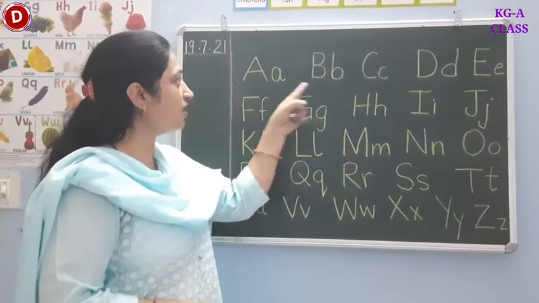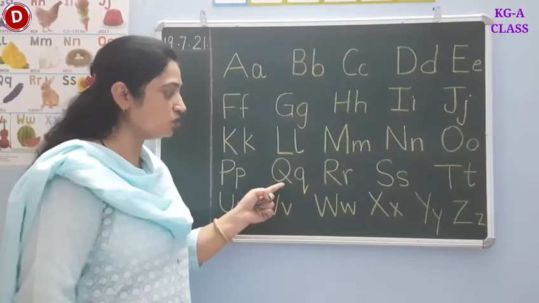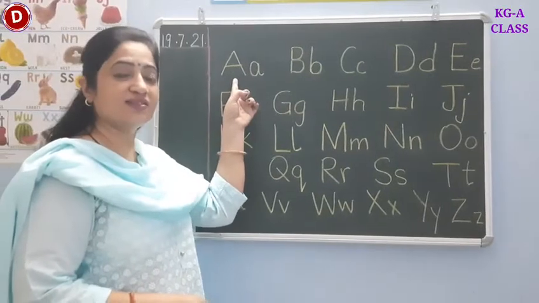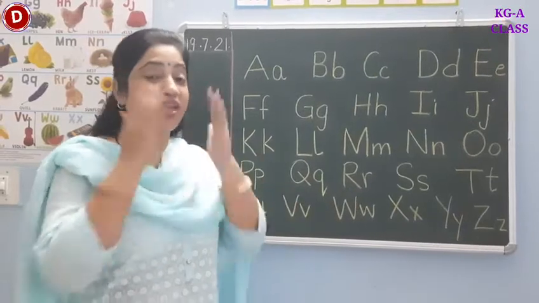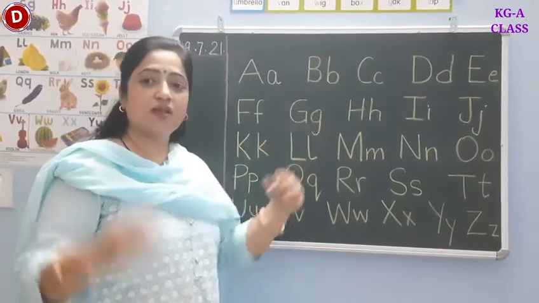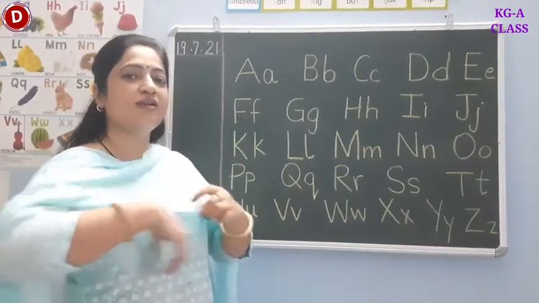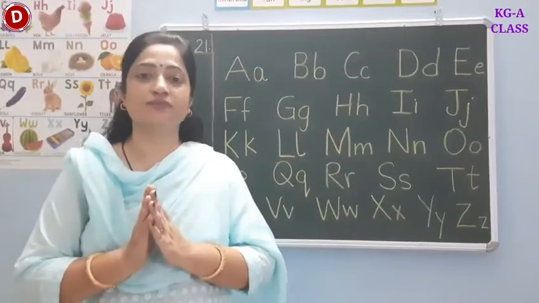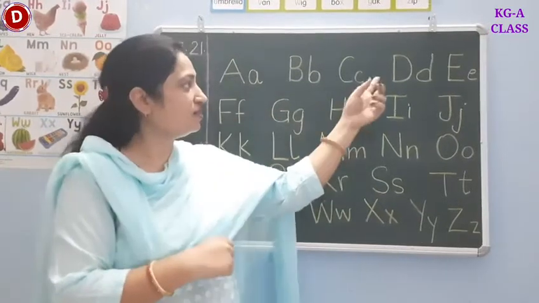Today I have written small letters also along with the capital letters, isn't it? And today I am going to teach you a new song of letter Q. So let's start with A. A says ants on my arms, it's causing me alarm. B. B says burr. Bring your bat and bring your ball to the park to play. B says burr. Now comes C. C says cur. We are clicking castanets. C says cur. Now see, children, this is D.